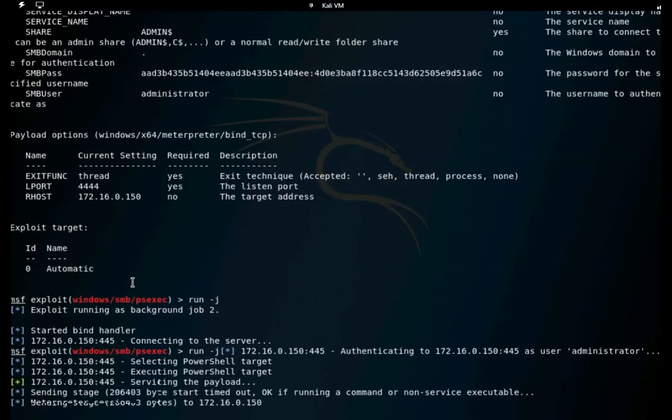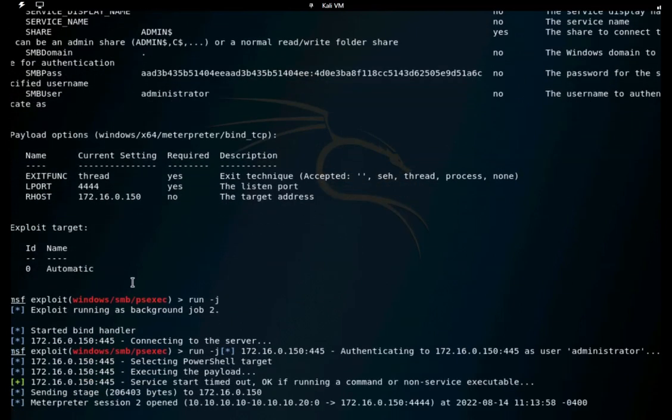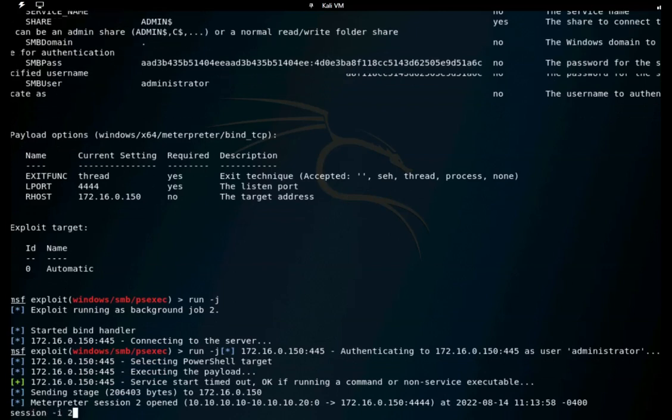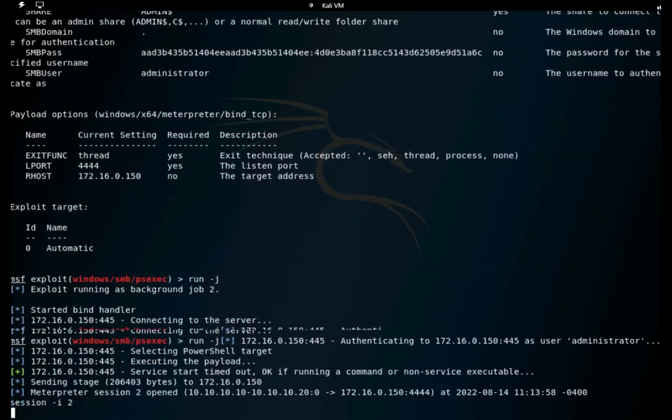Let's hope it runs, and voila. As you can see, I have session 2 opened, which is from 10.10.10.20 to 172.16.0.150. All right, so we have used